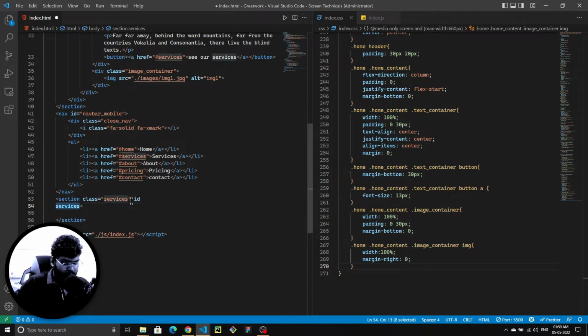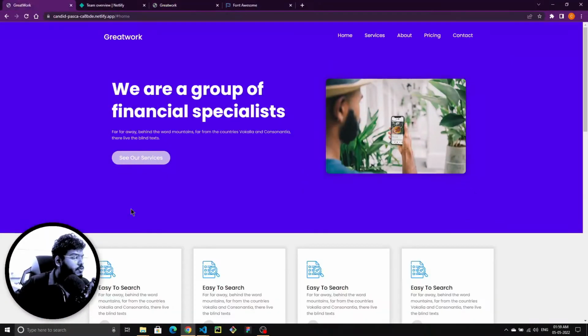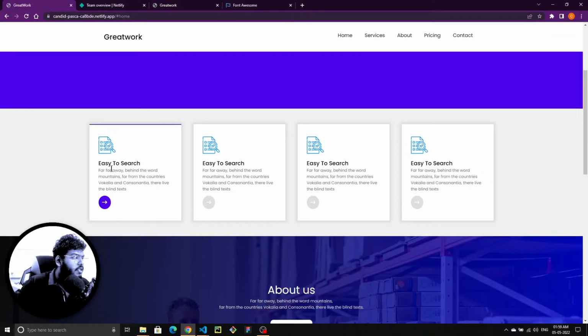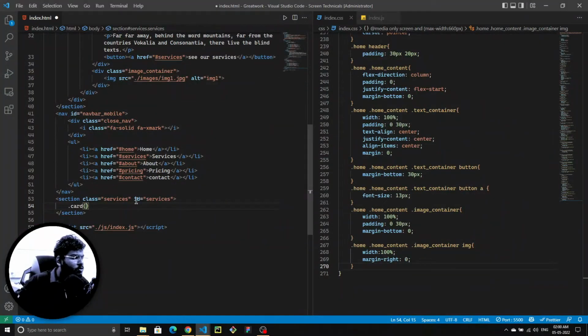Okay, it should be ID equals services, and then I'm going to create a card at this point, card. And if you'll see at this point, we have an image, a heading and a paragraph and an icon at this point. So let's create that one. So it's going to be